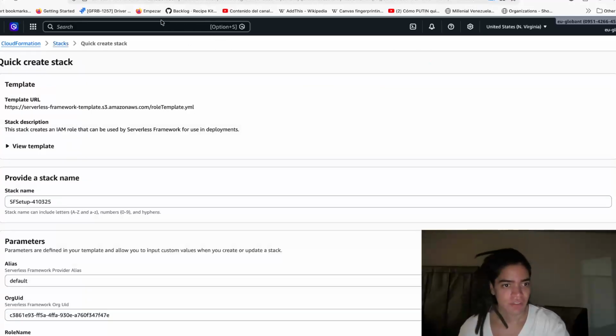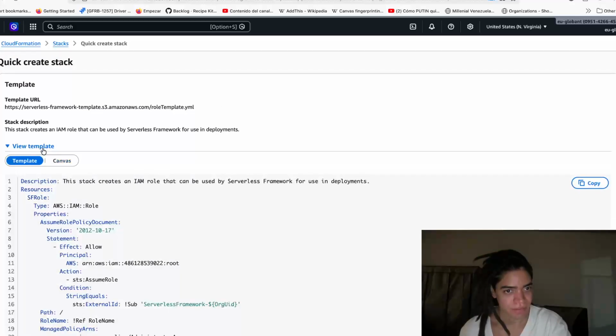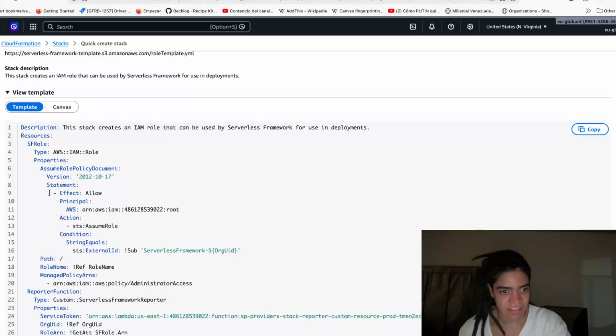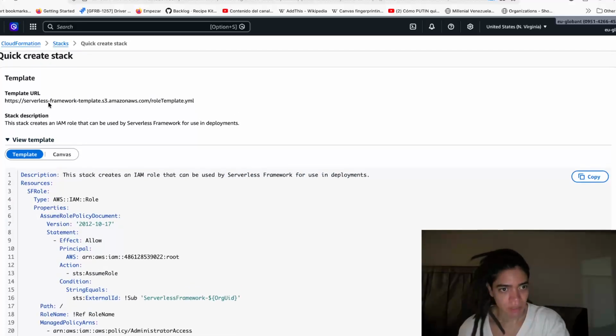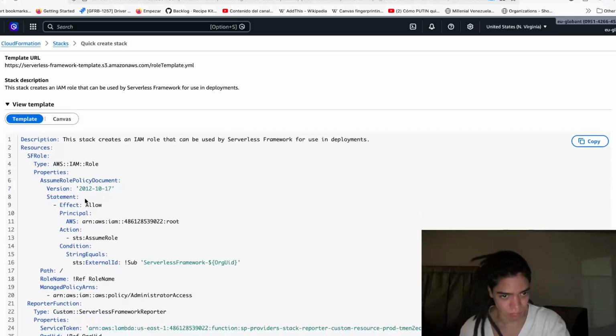Let's create a stack here, right? And it says, view the template here. So this is the template that the serverless framework is about to create. This stack creates an IAM role that can be used by the serverless framework for deployment. Not only that, here I'm defining this IAM identity as a YAML file,